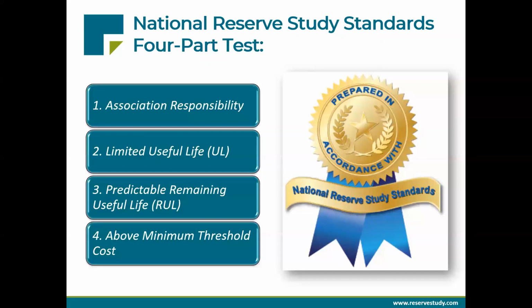So in that type of case, normally what we'll tell them is that, look, it might be a good idea to have some kind of third account for the association, right? Like I talked about earlier, you have your operating account for your routine expenses. You have your reserve accounts for all the components that do meet these criteria. In addition to that, maybe it's a very good idea to establish some kind of emergency fund, or maybe an emergency line of credit that would be available to the community